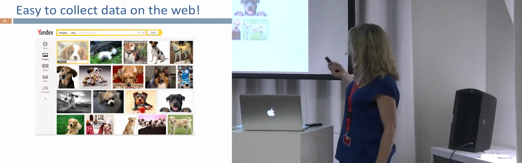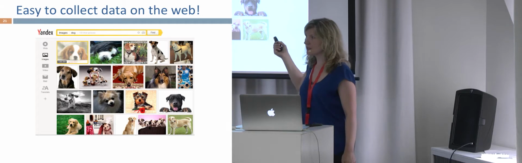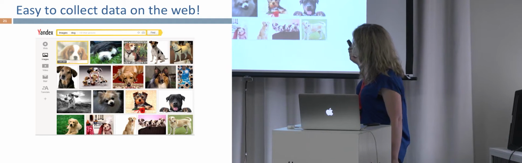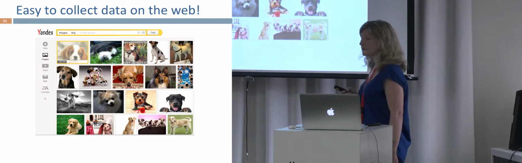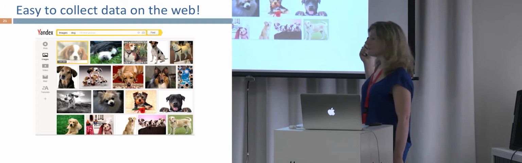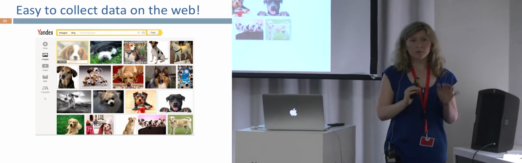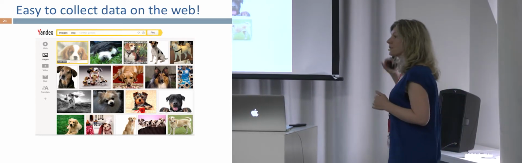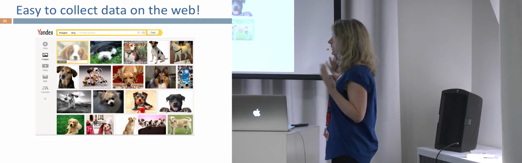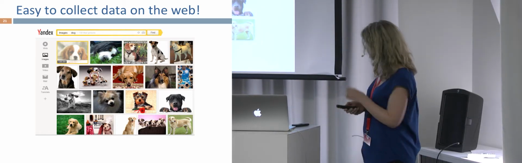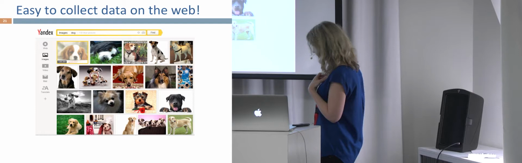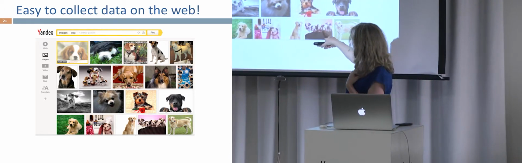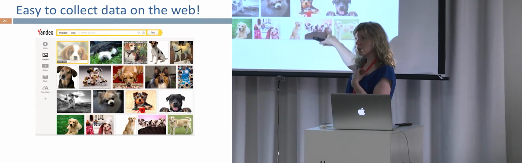And it's much easier to collect some kinds of data than other kinds of data. So, you know, I just went to Yandex today and I typed in dog, and I got all of these great images of dogs. So it's quite easy to collect this kind of data. Just put a search query into a search engine, and you get pages and pages, sometimes thousands, tens of thousands of pages of objects. But as you can see, this isn't quite enough for detection. So here we actually have not just one dog, but 5 dogs, and we don't know where each dog is.